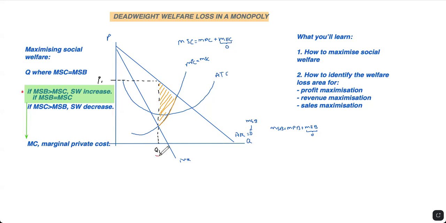So right now, profit maximizing at Q1 and P1. Why do you want to produce at Q1? Because if this is my MSB curve, the benefits I have received for all the units that I've produced up until Q1, that's what Q1 means. I'm producing all of the units, including the last one, Q1. I've received all of these benefits, but the cost that society has paid is measured by this MSC curve,